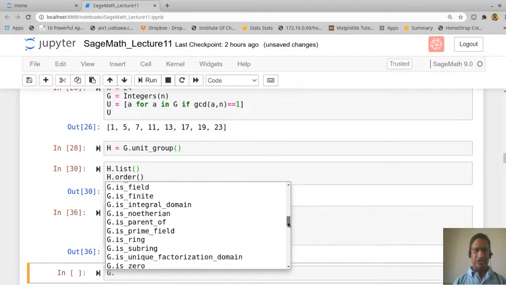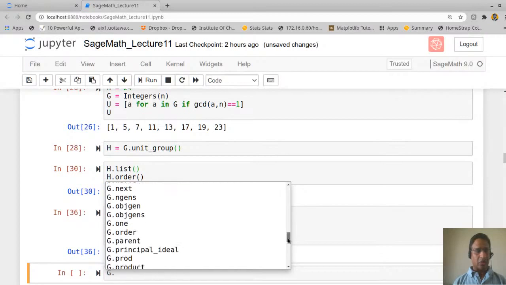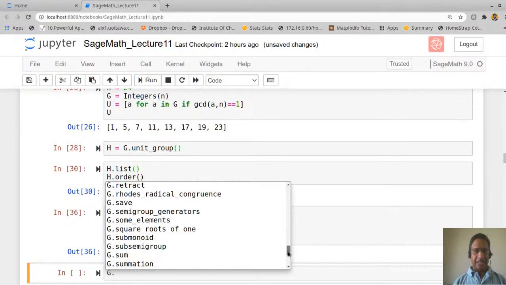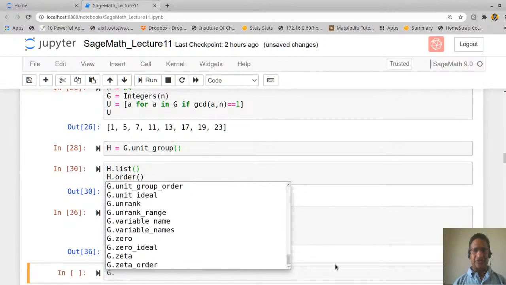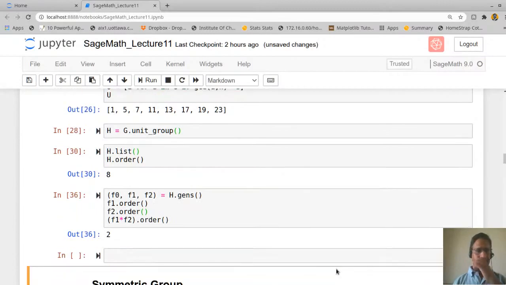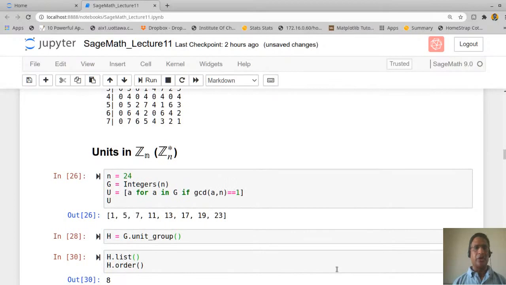For example, you can check whether this group is isomorphic to some other group. You can look at all subgroups, etc. All these things are available. As we go along, we will look at some of these functions. Okay, so this is how we can define Zmod NZ and units in Zmod NZ.